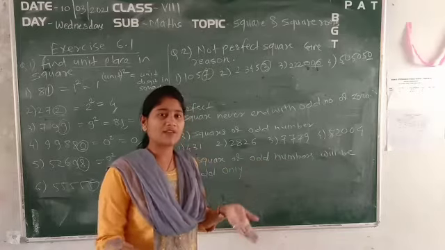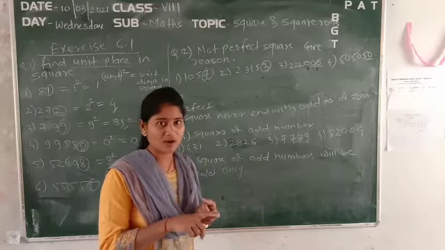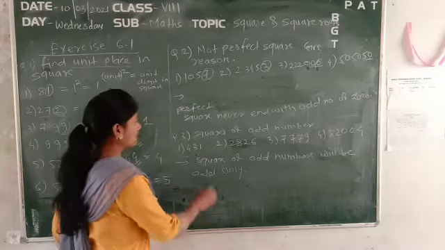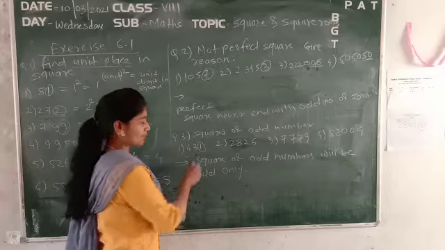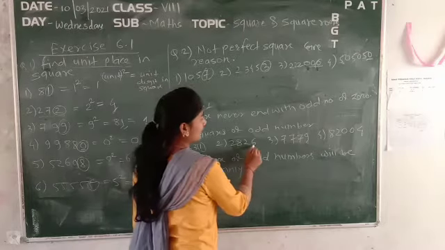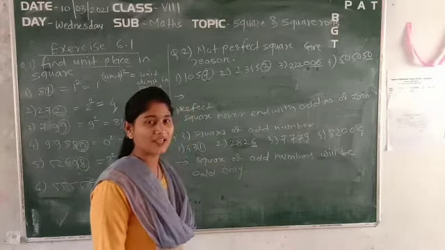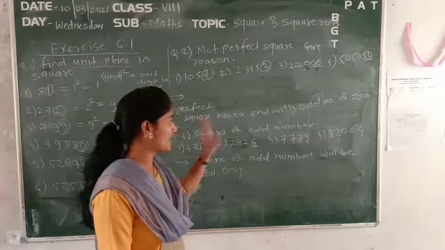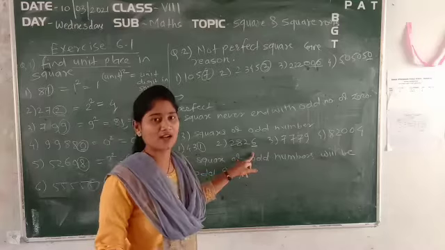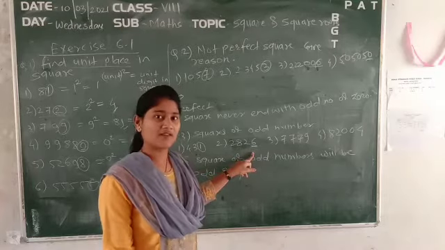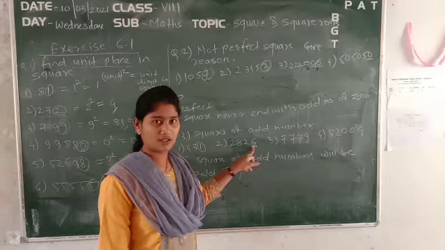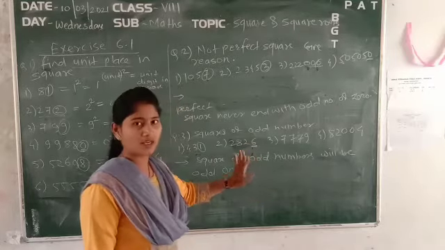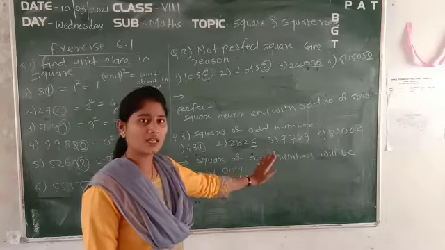So obviously, if the given number has an odd unit place, then its square will end in an odd number only. See here, 1 is the unit place digit, which is odd. 6 is an even number, so we can't take it as odd, and that's why I leave that. If we find the square of this number, we will get an even number, because the square of an even number will be even, but the question is related to odd, so we don't have to think about this one. We have to think only about odd numbers.